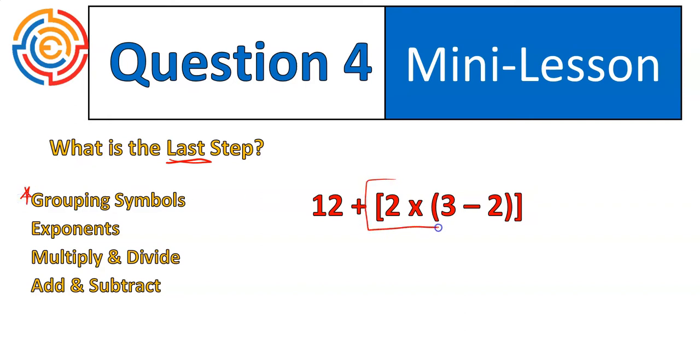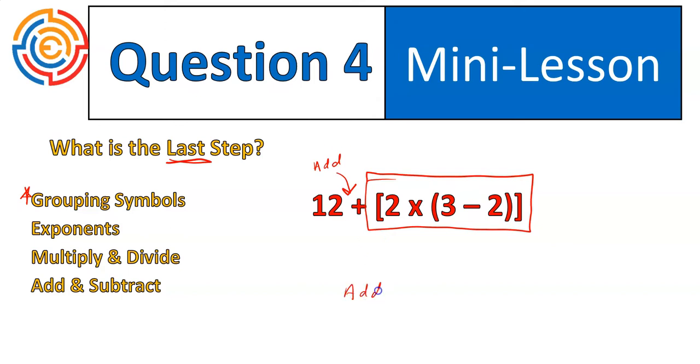Because just like I said before, everything inside of the brackets here would get simplified first. And we would do that following the order of operations. But that would all get simplified, and then at the end, we have this addition. It's 12 plus whatever that equals when it's simplified. So our final step here is